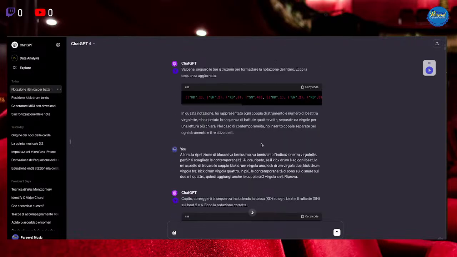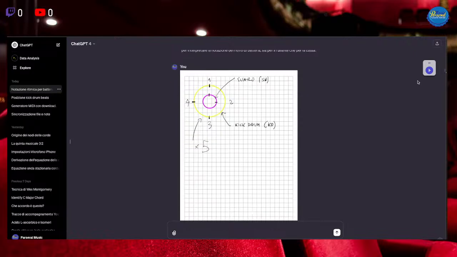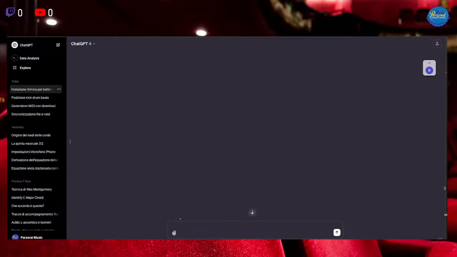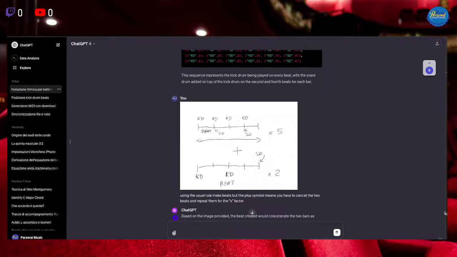But in the end, I found at least one way to give it a correct or a suitable input form. And I think this is very cool, honestly. Let's see the live.